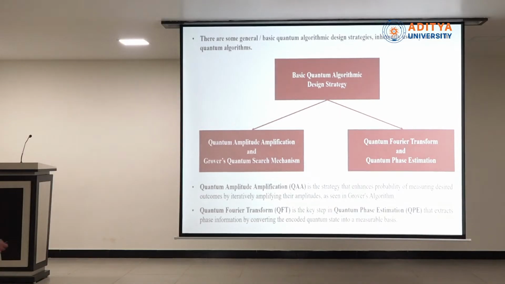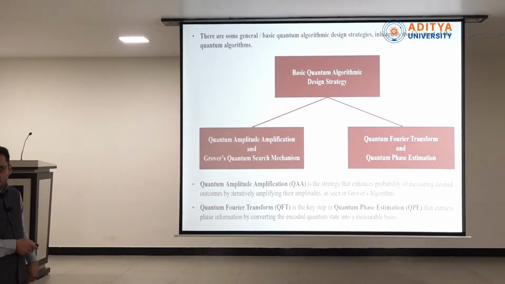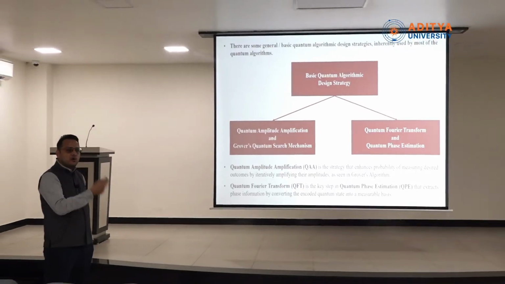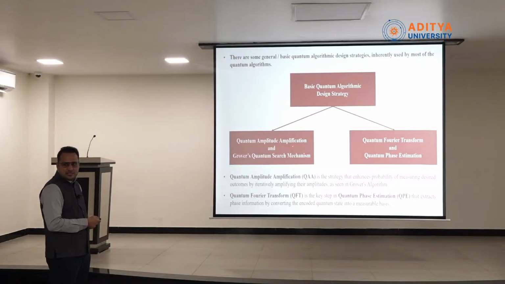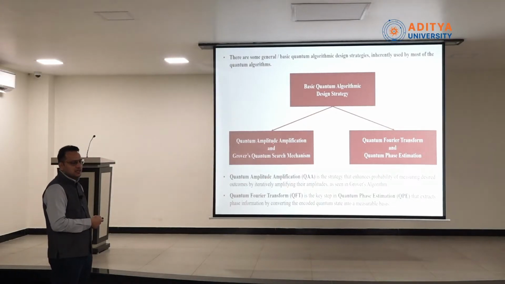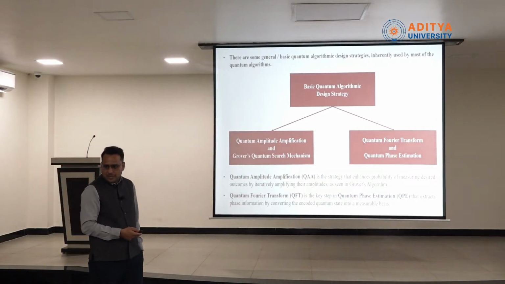Clear? So based on this design strategy, what we are calling for is categorized here in quantum, based on our topics that are to be covered during our workshop, that is the FDP sessions. There may be more design strategies available, but these are the two basics: quantum amplitude amplification, which is a design strategy through which you can design your quantum algorithm, and the quantum Grover search algorithm, a dedicated algorithm that uses